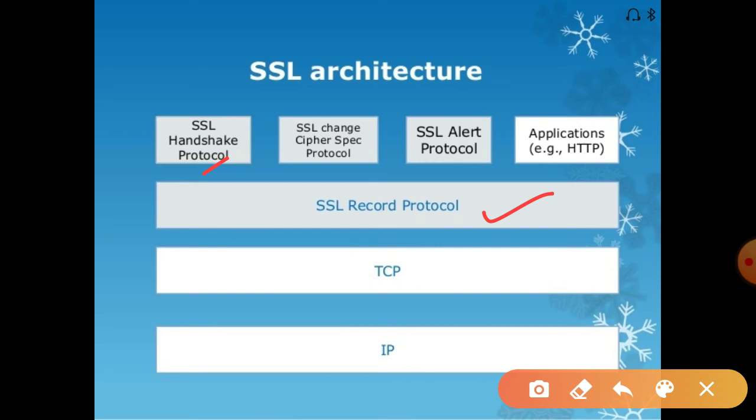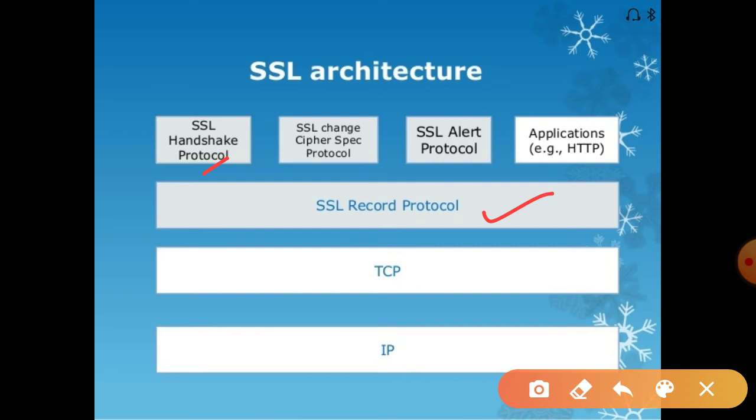And the change cipher spec protocol stores the state of the protocol, whether it is a pending state or a current state.